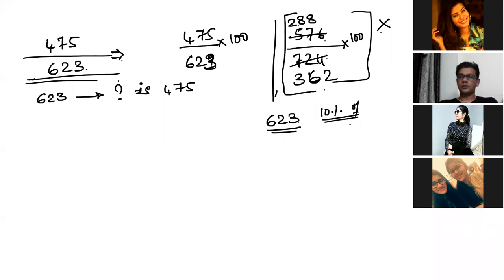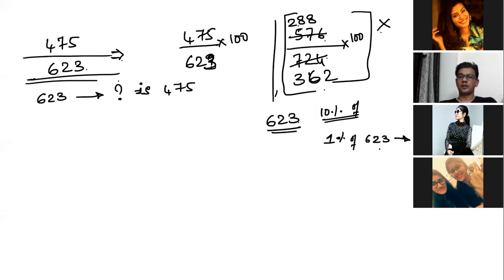Can you write down what is 1% of 623? Right. It is